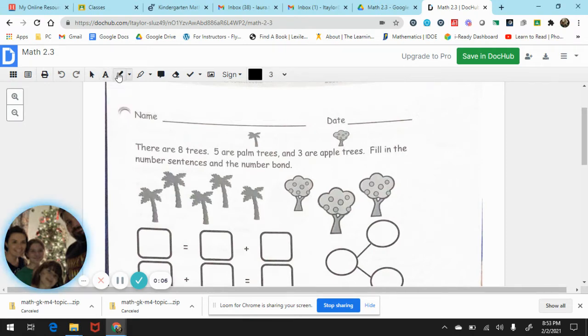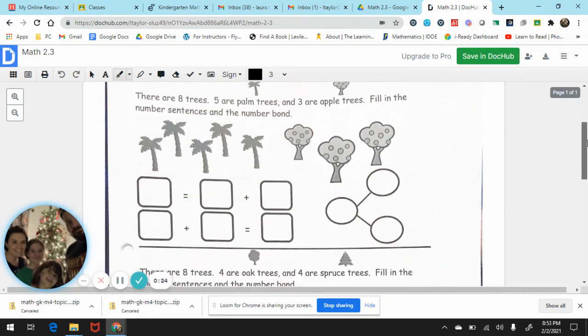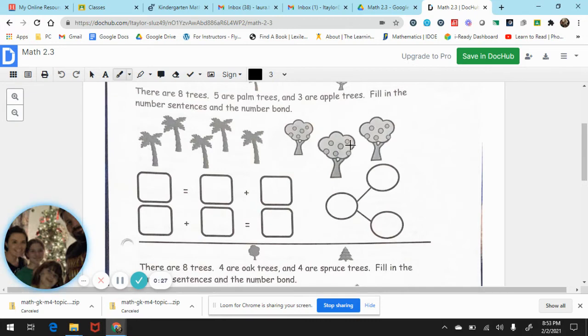So today we're going to talk about representing decomposition and composition addition stories to 8 with drawings and equations with no unknown. That is just a super fancy way of saying we are going to read these word problems and we're going to look at these pretty pictures. And these word problems are going to tell me everything I need to know. It's going to tell me the whole, and it's going to tell me both parts. And our job is going to be to create a number sentence and a number bond that goes along with